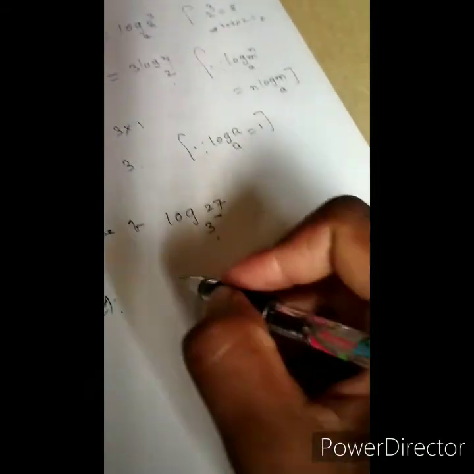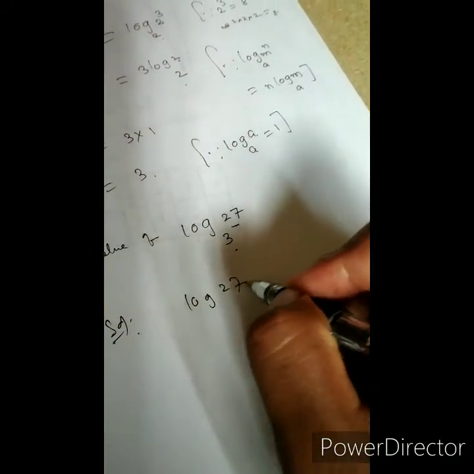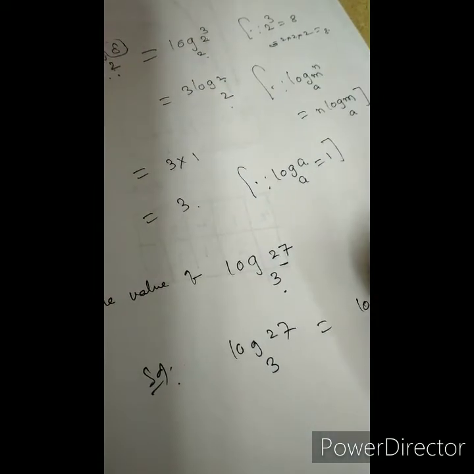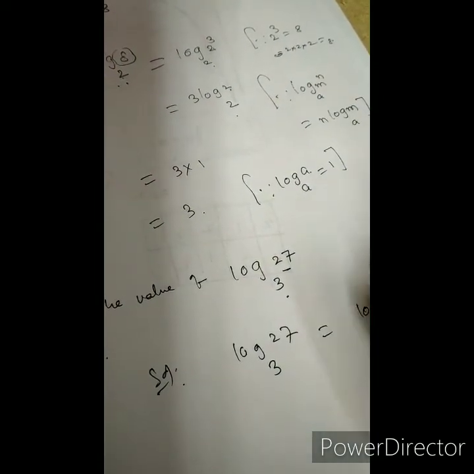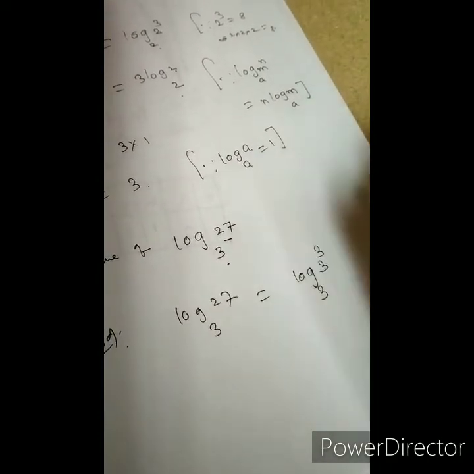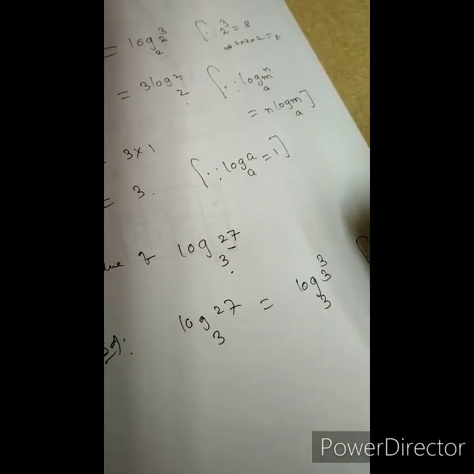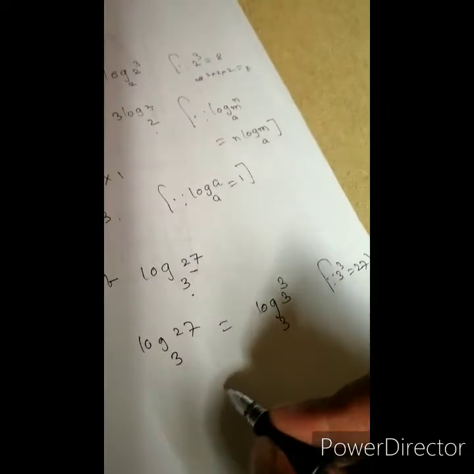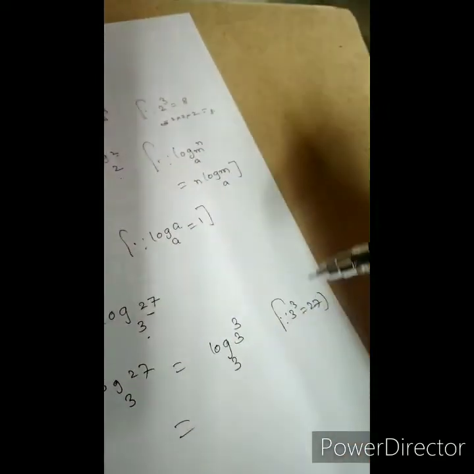That means logarithm of 27 to the base 3 is equal to logarithm of 3 power 3, whose value is 27. Now since 3 power 3 is equal to 27,